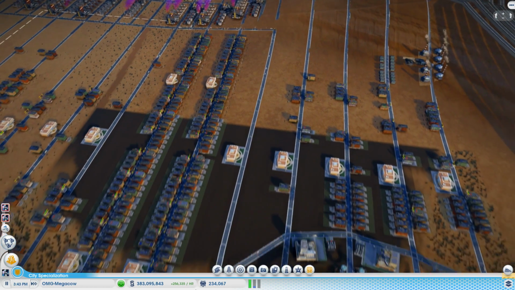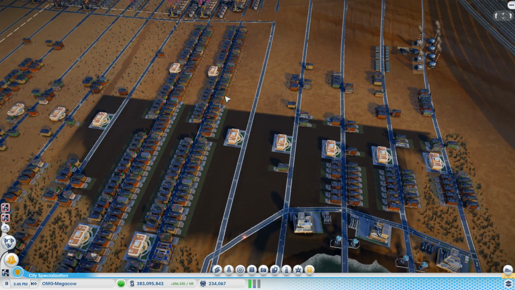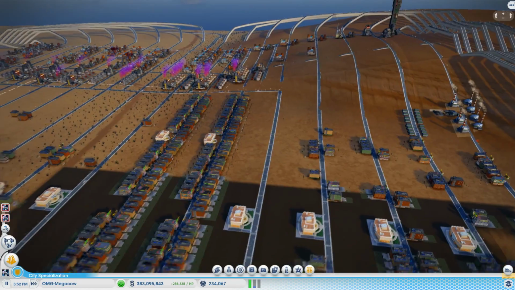So as I put in these rows, like I've repopulated these rows, I'm going to demolish the road completely and just start again. And hopefully that should take out a whole bunch of road sections, and we should be okay.